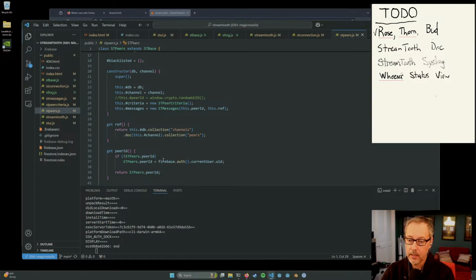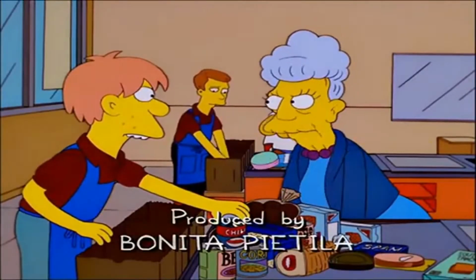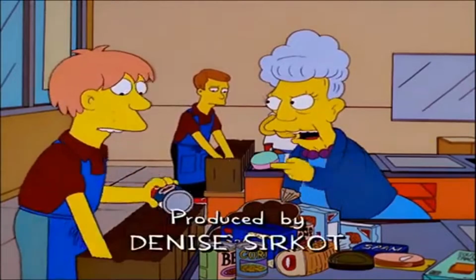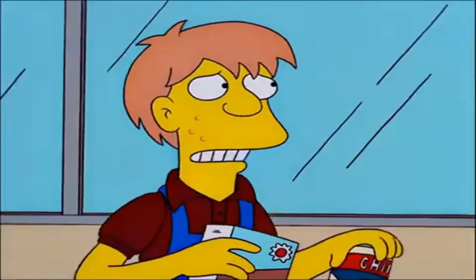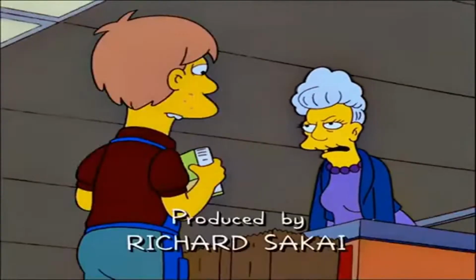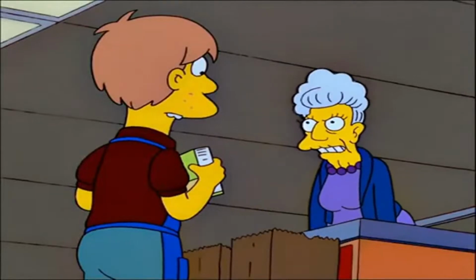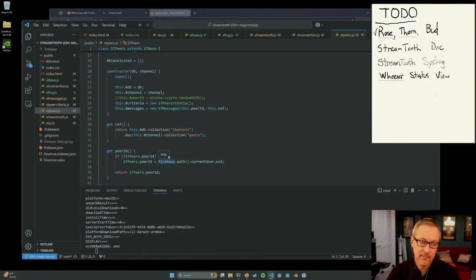Now, there's like kind of like a chicken and egg thing happening here, because I want to turn on logging as soon as possible, but I need these things, right? I need like the peer ID. Yeah, let's do it.